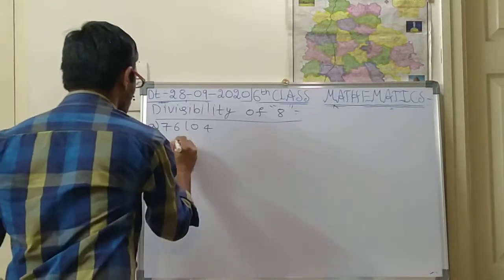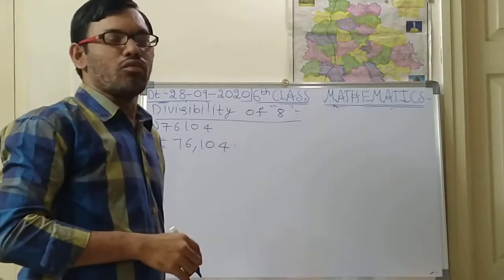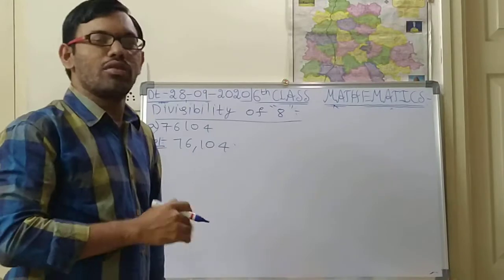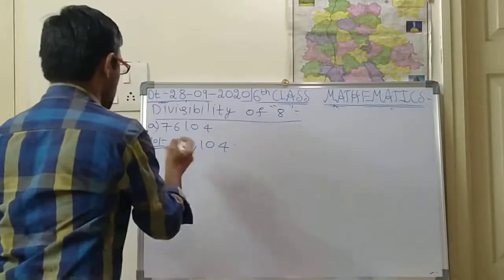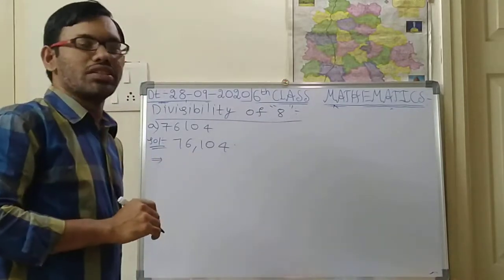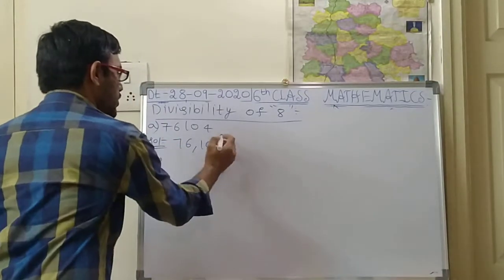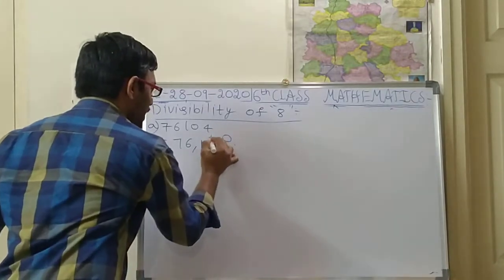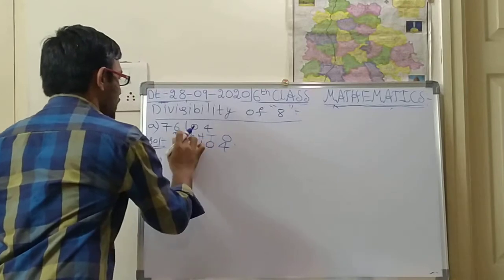The same question we are supposed to write as the first step. Instead of word problems, for this type of problems, you write the first step as the same number. After this, the second step is you are supposed to do the expansion of this number. Before expansion, you are supposed to write the place names: ones, tens, hundreds, thousands, 10,000. Is it right, children?